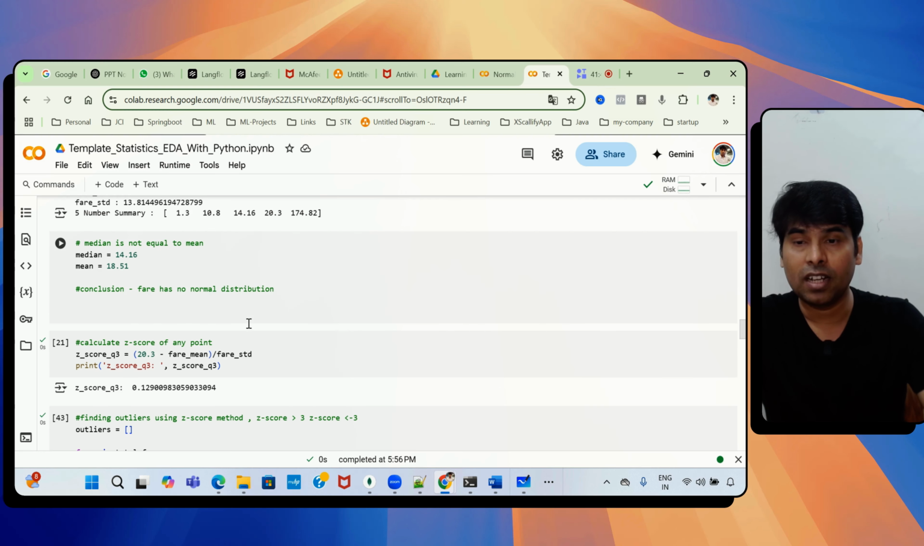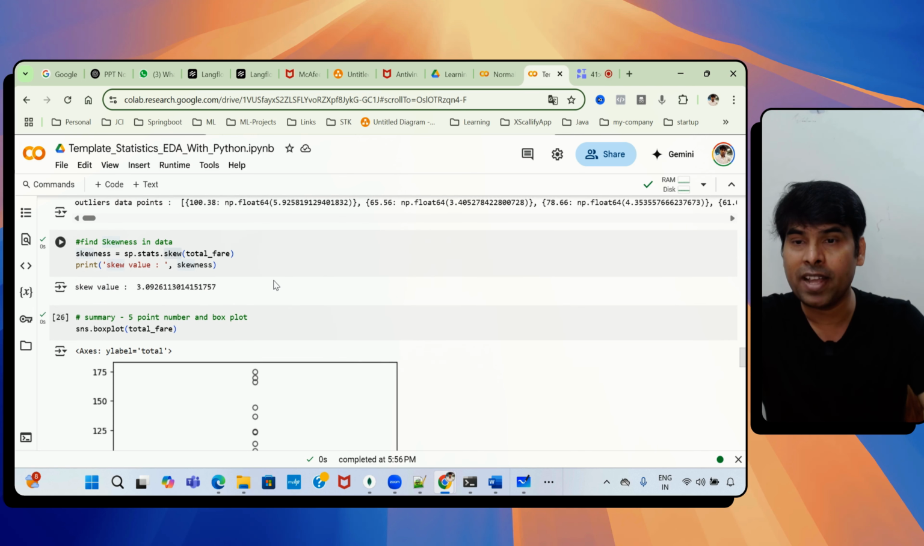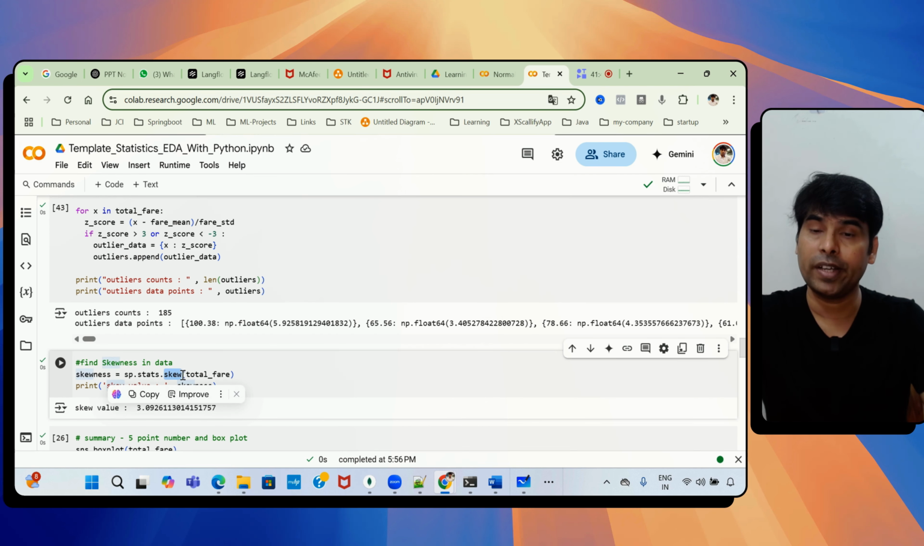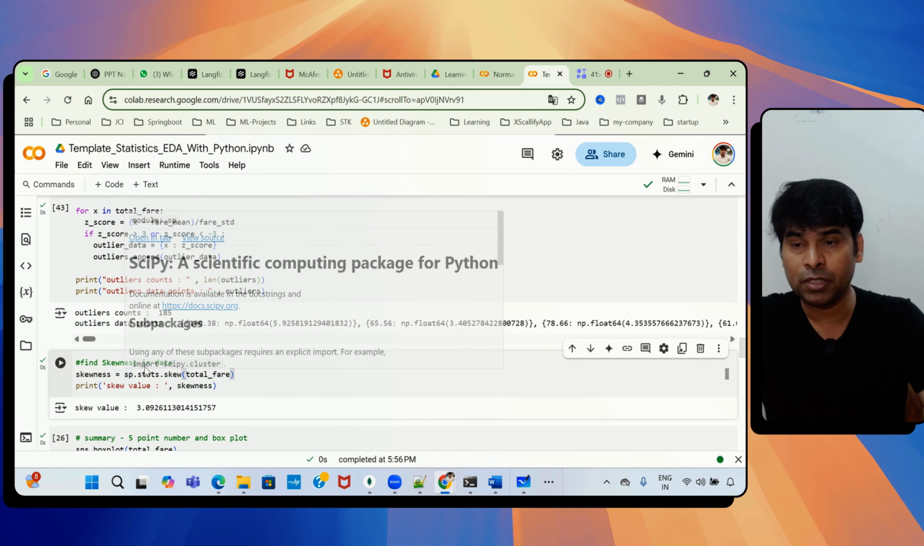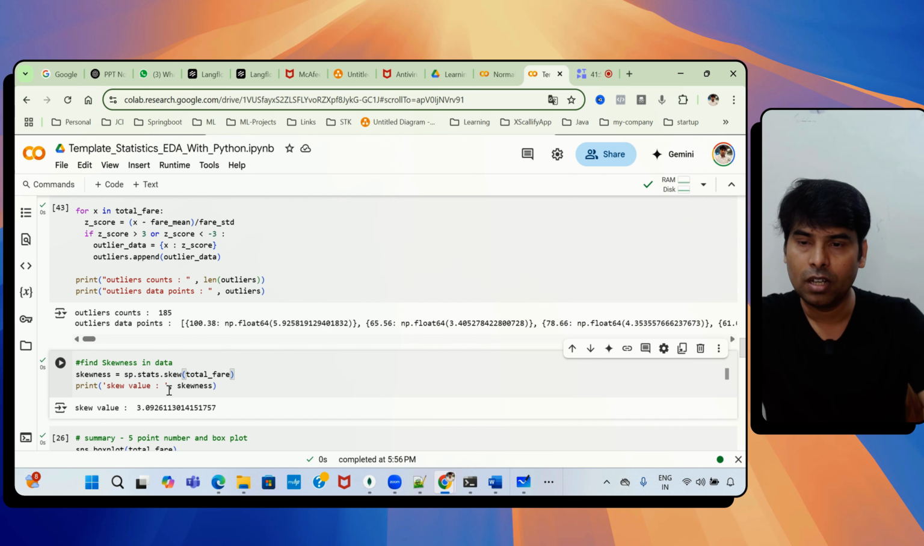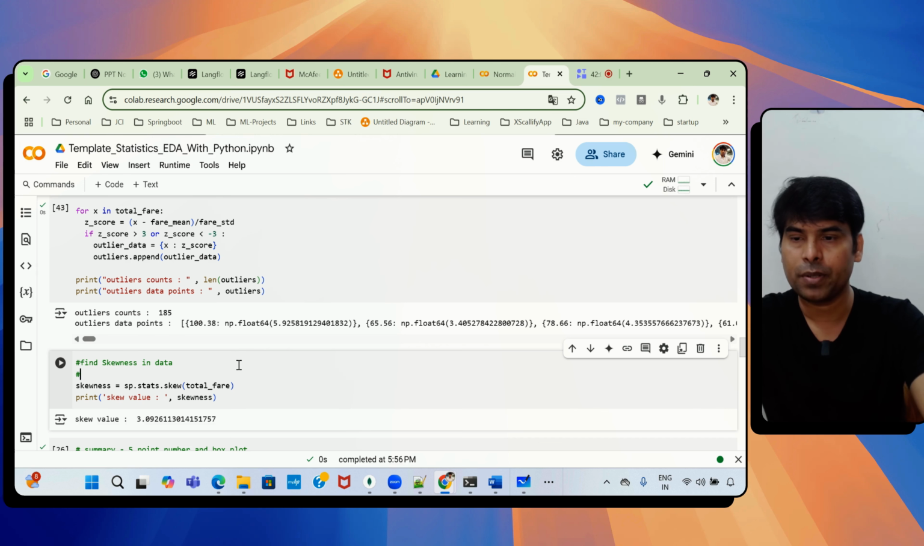For that, SciPy has a function called skew. I'm using sp.stats.skew, and I'm passing my total fare, which is my data point, and it will give you the skewness. So there's a principle here. What it talks about is, if your